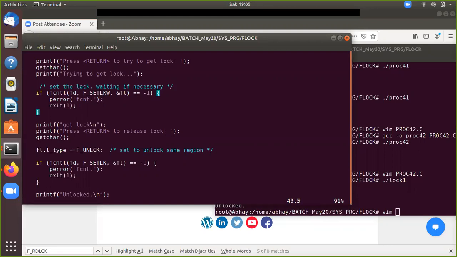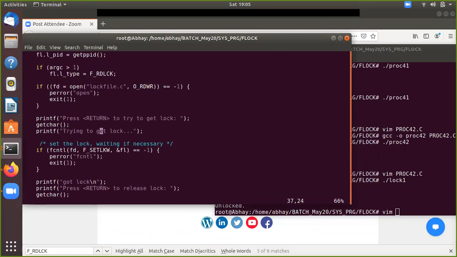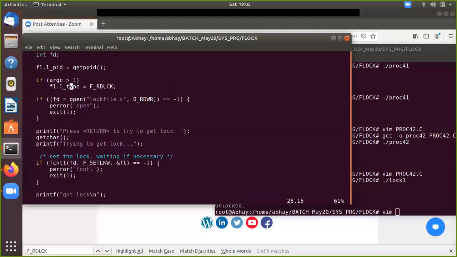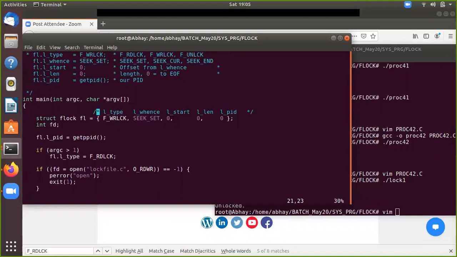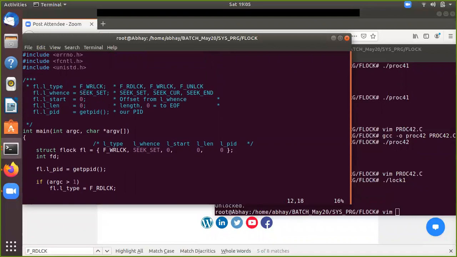And does it depend on read and write? Like if a file has been opened for read, I want multiple file descriptors to be open for read and only one for write. I mean, I want to lock only the write file descriptor. Yes, you are talking about this, the type. The type also matters here, that is the main purpose. The first is the type here. So you are going to put a lock of what type: a read lock type, or a write lock.